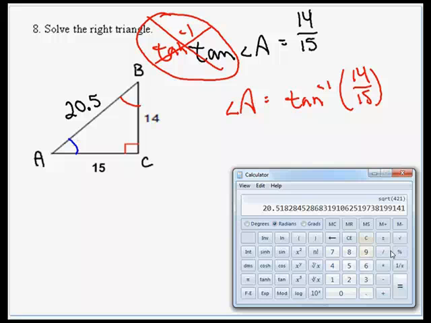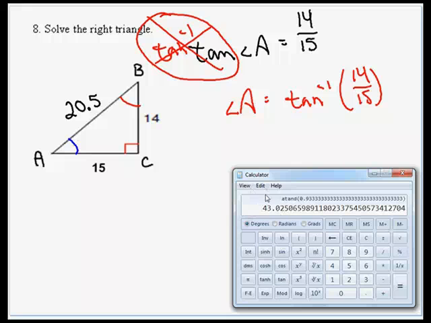So to solve this on the calculator, we want to divide the fraction first, 14 divided by 15. Make sure you hit equals, and then that's our fraction. We want to do the tan inverse of that fraction. We want to be in degree mode. We're going to do inverse, that turns our tan to the -1, and that gives us